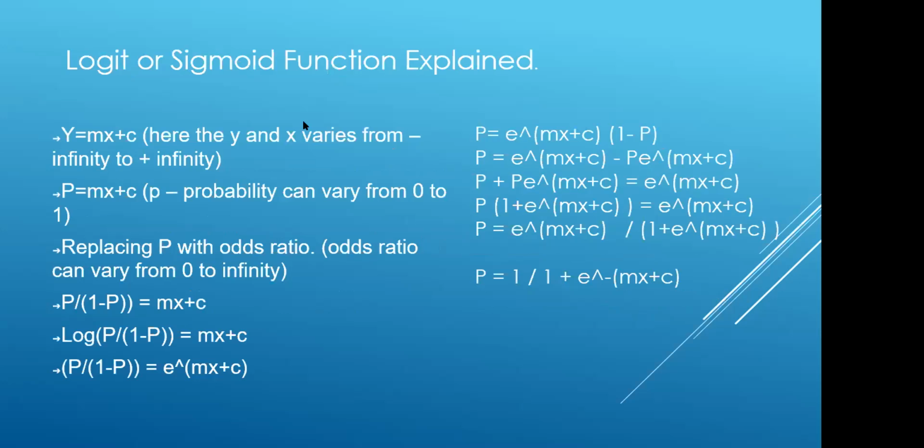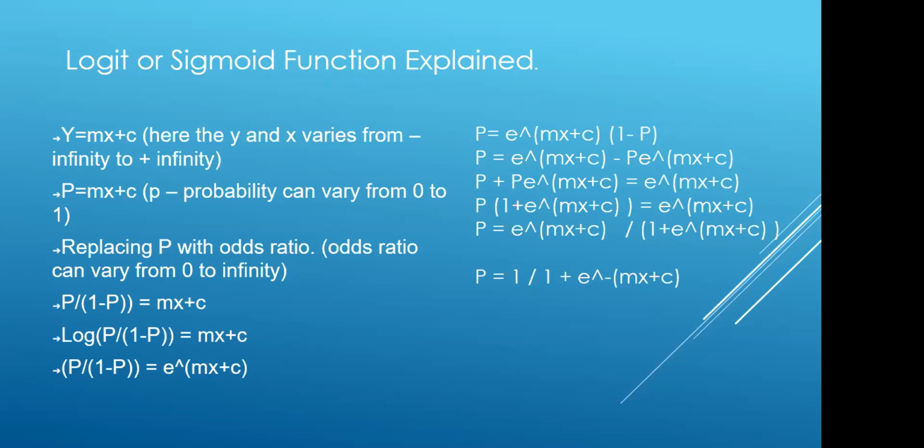So that is the sigmoid function. It's derived from the linear formula, y equal to mx plus c. It's converted into probability. Probability can vary from 0 to 1. We are converting the range to 0 to 1. That's it. We use some mathematics here, and we use log. After this calculation, you will get this formula. What it does is put the value in a range of 0 to 1. That is what the sigmoid function does.